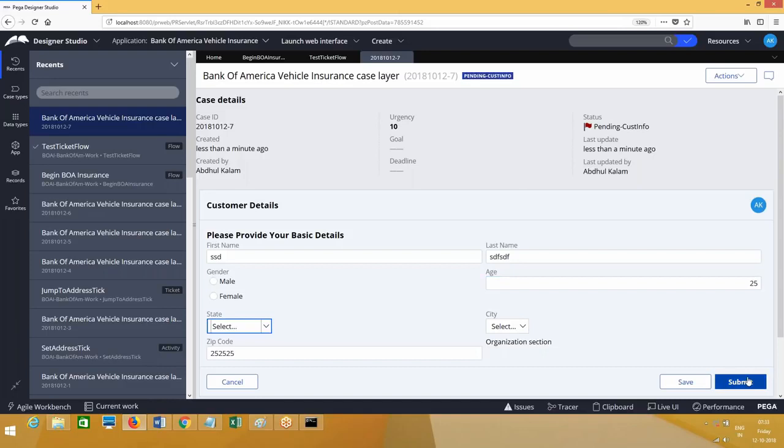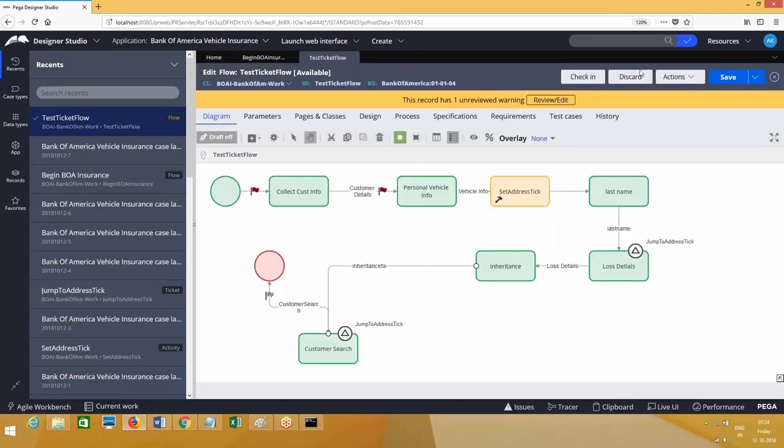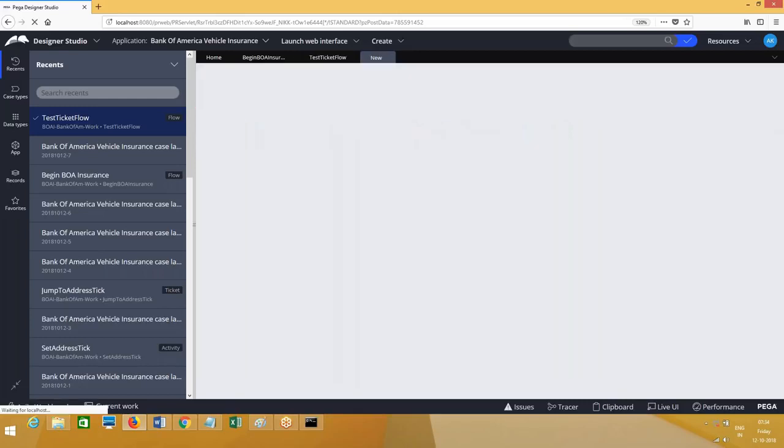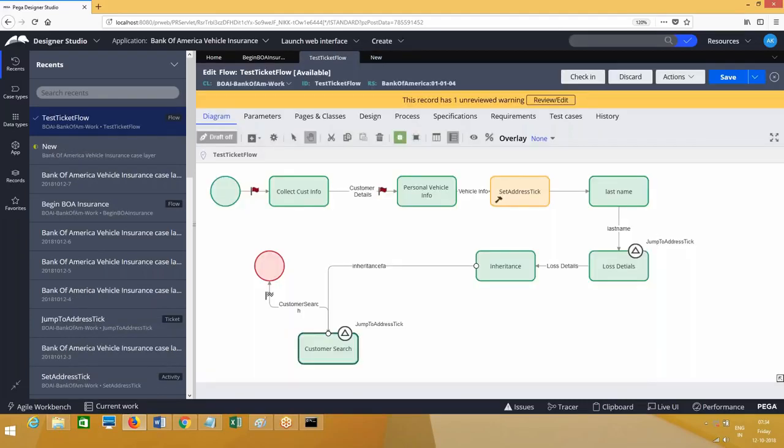Now again, two places it is called, right? Now the ticket is called at loss details and then some customer said something.